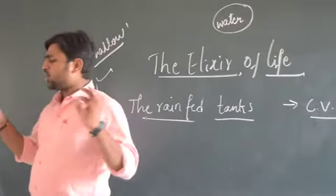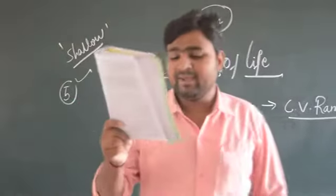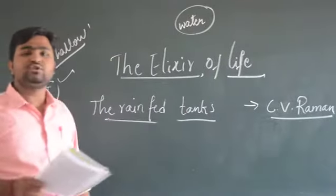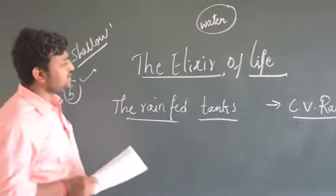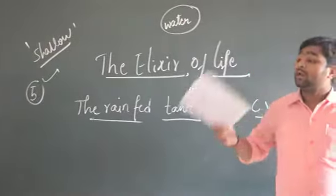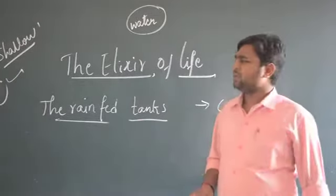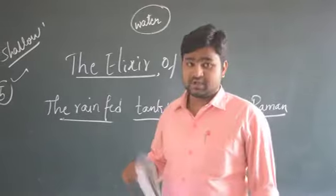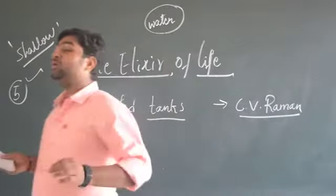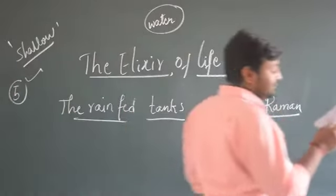Soil erosion occurs in successive steps, the earliest of which may easily pass unnoticed. So what they are saying is, soil erosion happens. Yes, it happens. How? Not in a night, not over a night. It won't happen at one time. It happens in successive steps. Continuously it happens. Okay. Then when we do not notice it, when it is unnoticed, and in the later stage,